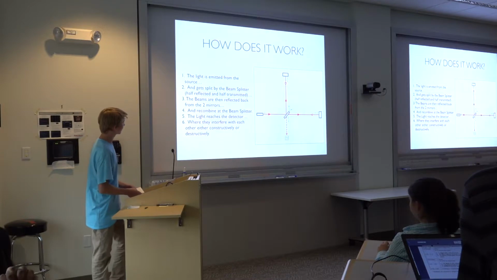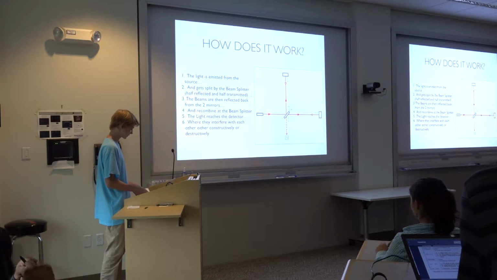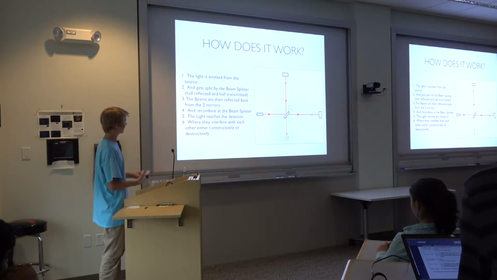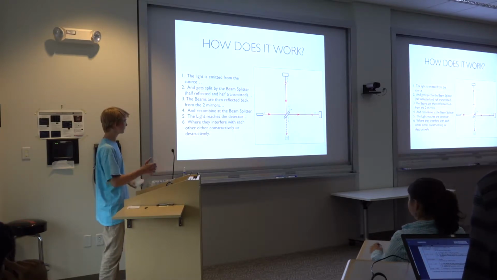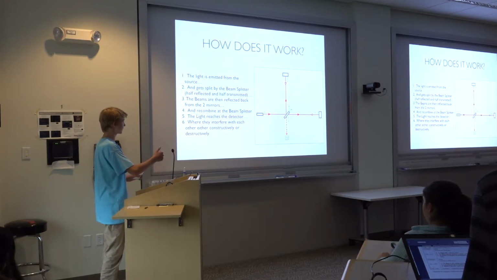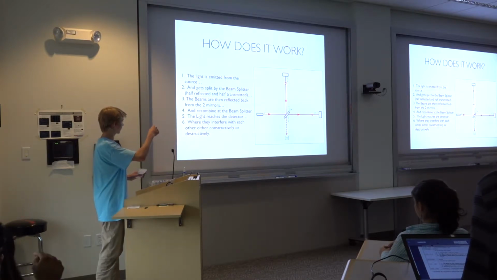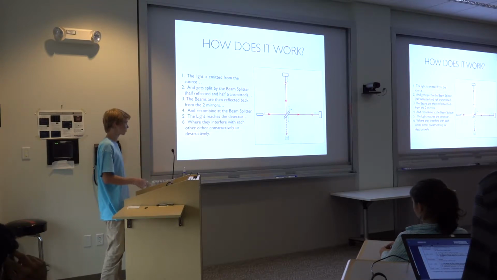This is a quick diagram of what happens when you turn the light source on. I'm just going to read it. First, the light is emitted from the source, and then it gets split by the beam splitter in the middle. Half of the light beam is reflected, and half of it is transmitted through. Third, the beams are reflected back from the two mirrors, and then they recombine at the beam splitter. Again, half of it is transmitted from the top, and half of it is reflected from the right. They both get reflected down, and when they reach the detector, they interfere with each other either constructively or